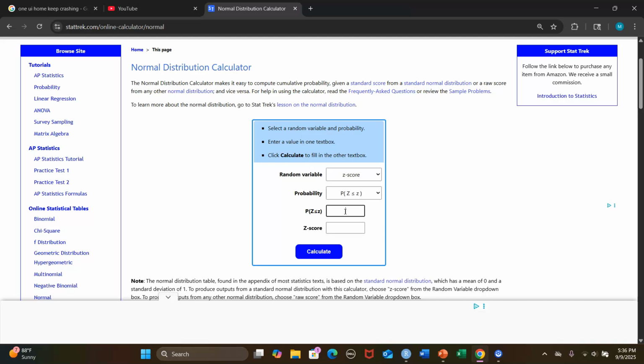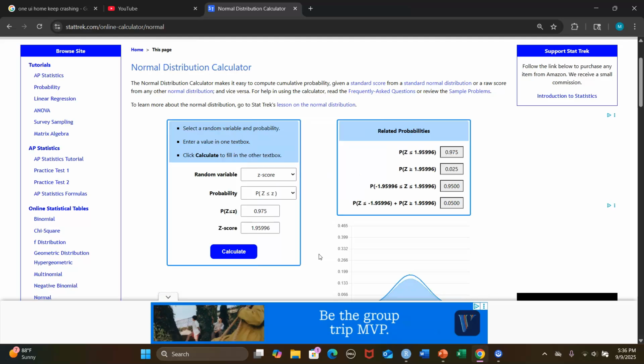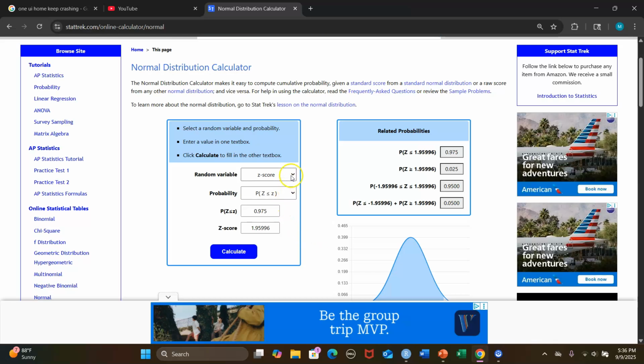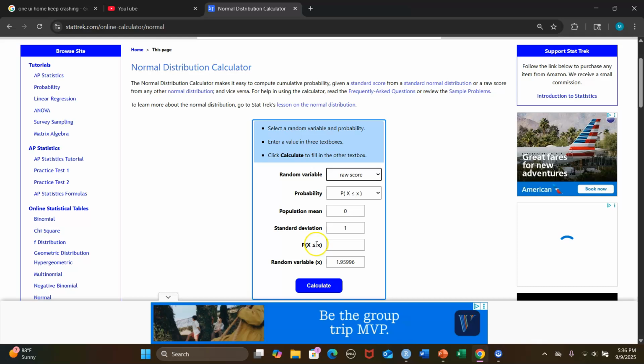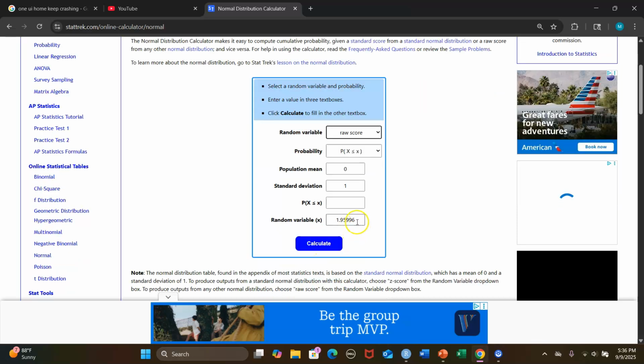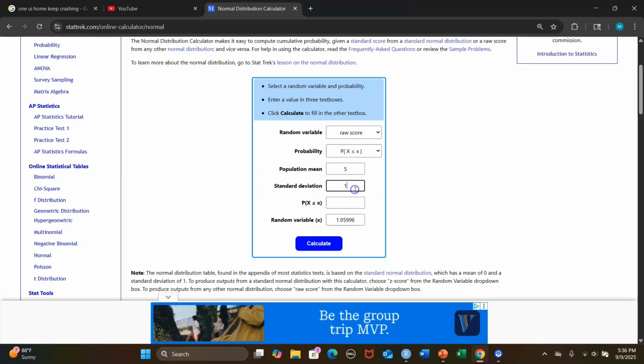For example, if you want the area to be 0.975 for the 95% confidence, okay? So you can calculate the z-score, and it's 1.95996, okay? And this is also, if you use the raw score, then you'll see it will come up with the population mean. For example, you can say the mean is 5 and the standard deviation is 3, and